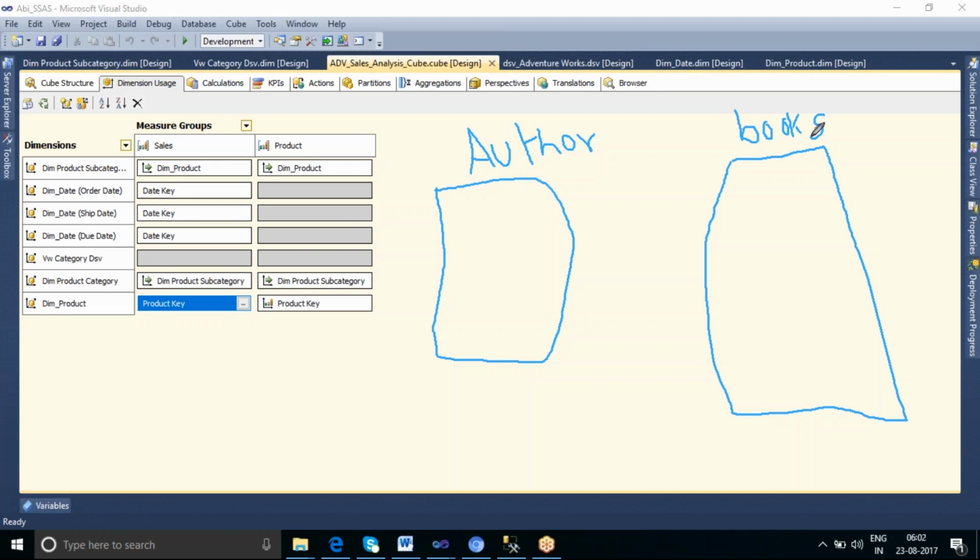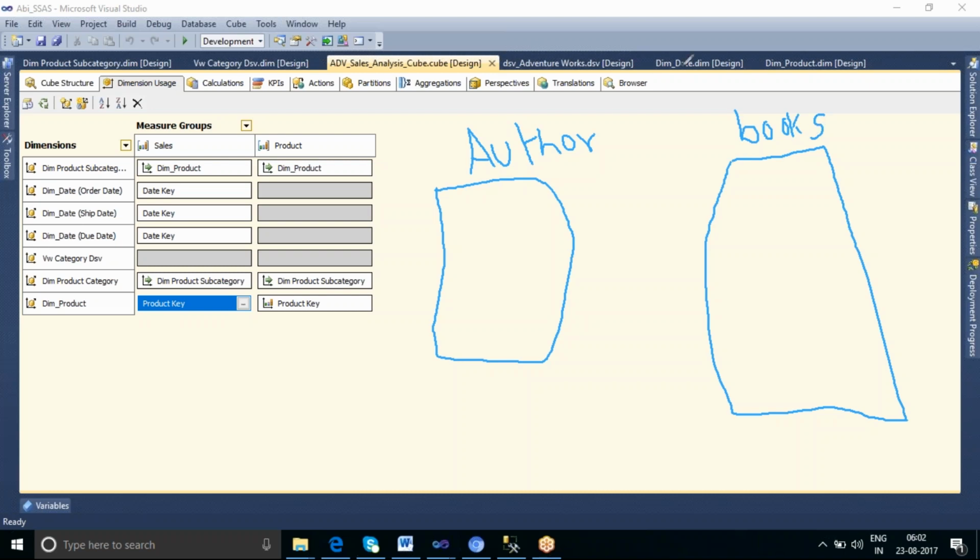Suppose let us assume that we have an address table. In that address table, each employee has a separate record for permanent address and a separate record for local or present address. Then the relationship between those two tables is one to many, and the reverse will be many to one. So the relationship between the address and the employee master will be many to one. Like that, we have one more relationship called many to many relationship. What is this many to many relationship and when will we create it?